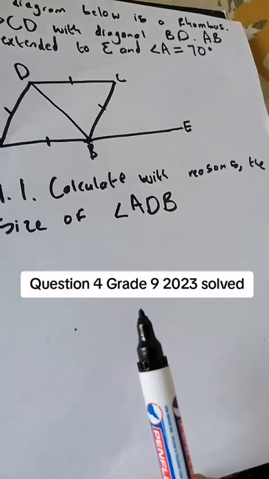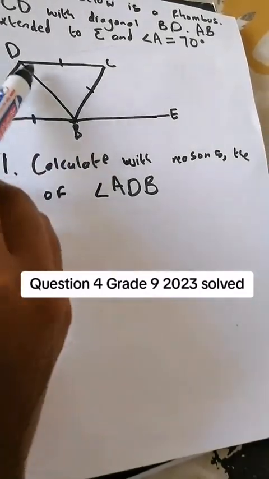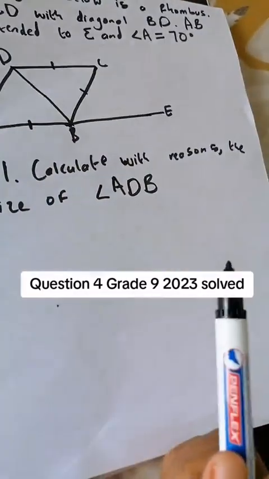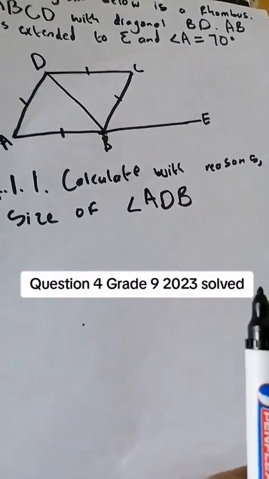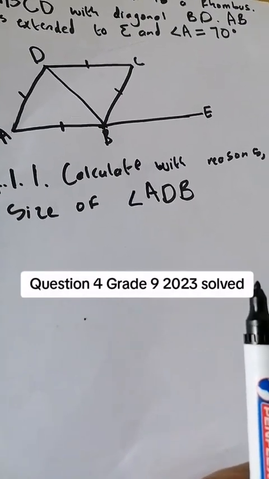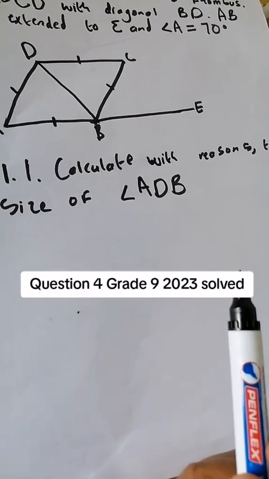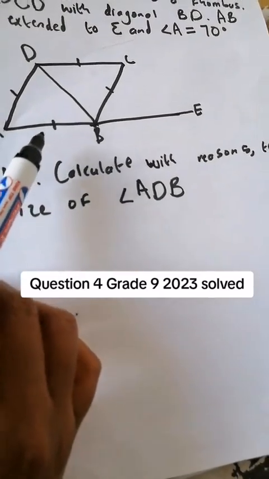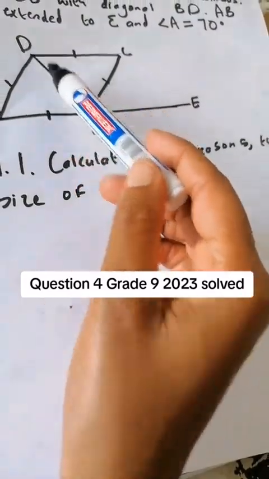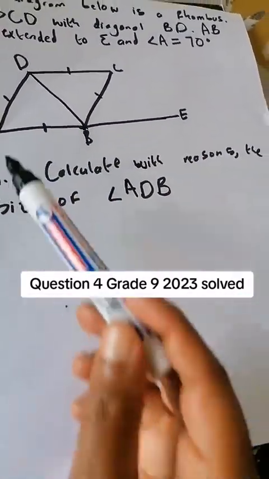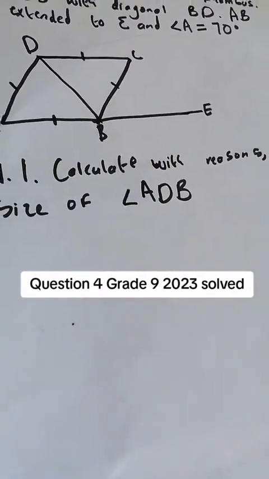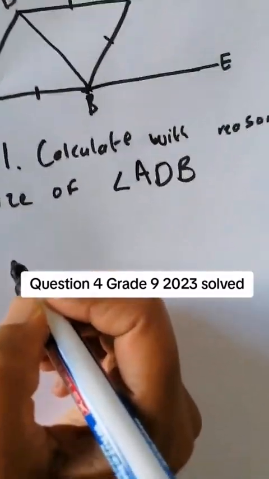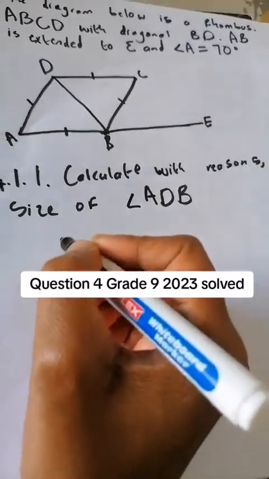Remember, in a rhombus, the diagonal lines bisect each other at right angles. And remember, what do you know about right angles? Right angles are equal to 90 degrees. Now, since this diagonal line bisects, on ADB, we know that angle ADB is equal to 90 degrees. So to answer this question, you are simply going to say,